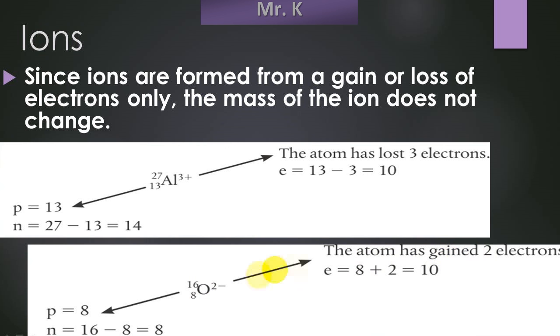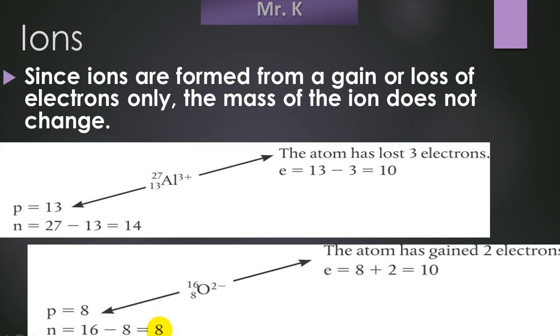Similarly, atoms can gain electrons. Oxygen, when it's an ion, has gained 2 electrons. Again, the atomic number tells us the number of protons. The mass number tells us the number of neutrons plus protons. So if we have 16 neutrons and protons added together minus the 8 protons,